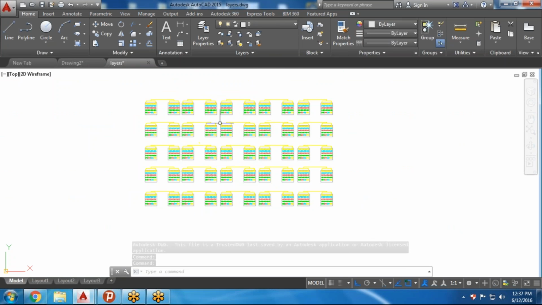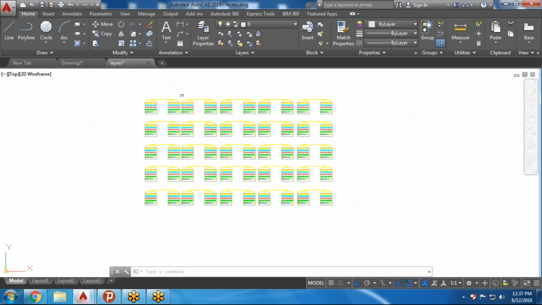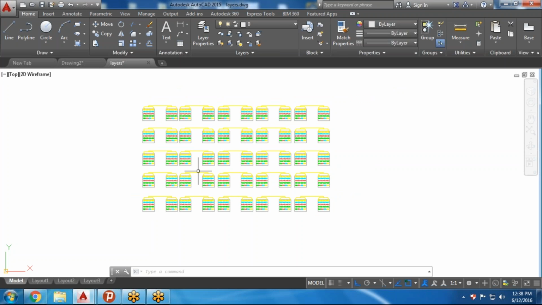I don't want to show the second line, this line and this line, the second line and the third line. Sorry, 1, 2, 3, 4, 5. So second and fourth line I don't want to show, so I can hide that. I need not delete all the time, so just use the operation which is called wipeout,